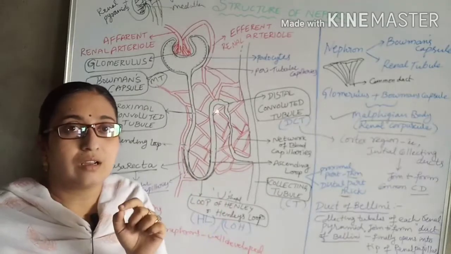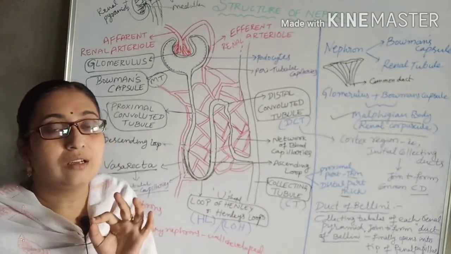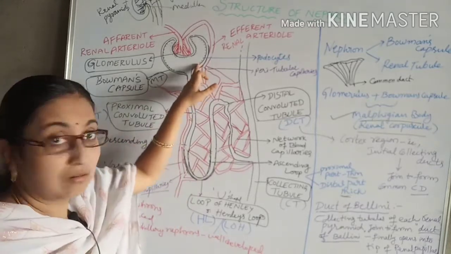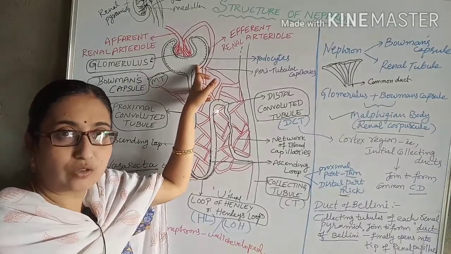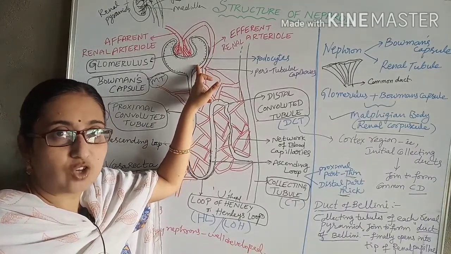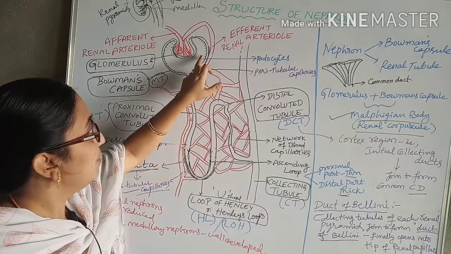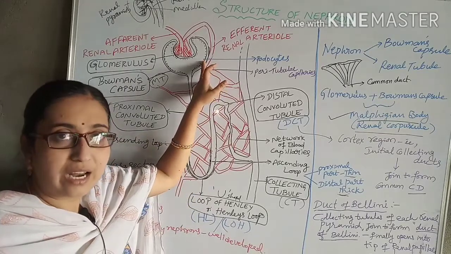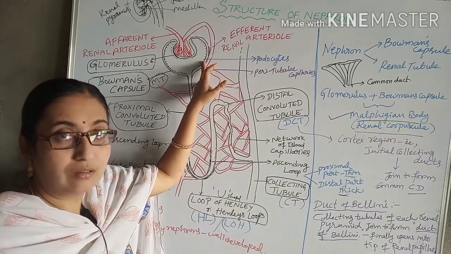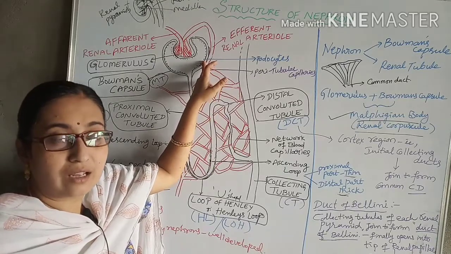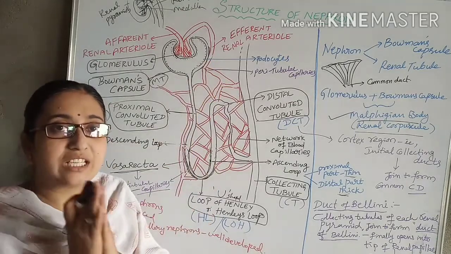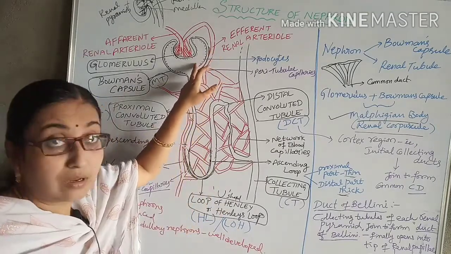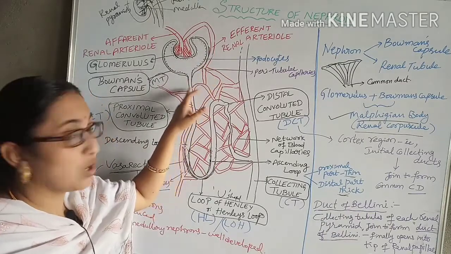In this topic you have to remember 5 points. What are podocytes? It will come as a 2 marks question. Podocytes are the cells which are lined internally to the Bowman's capsule, and they are not continuous, they have some gaps, that is slit-like apertures are present. From there the excretory urine will enter into the proximal convoluted tubule.